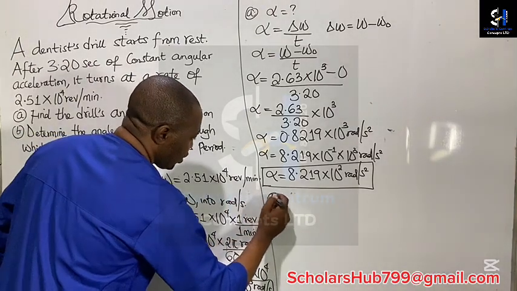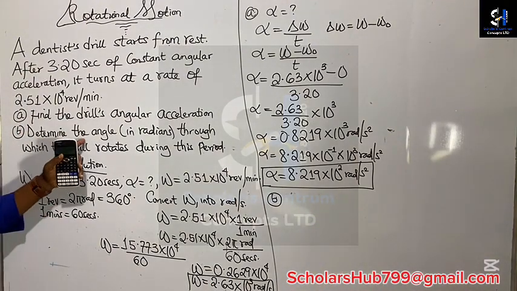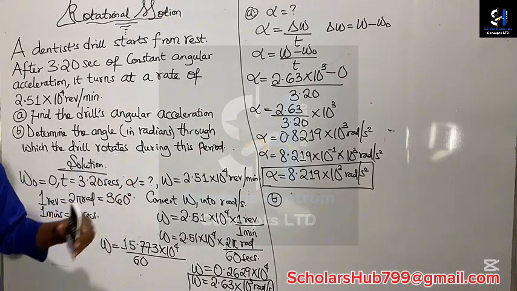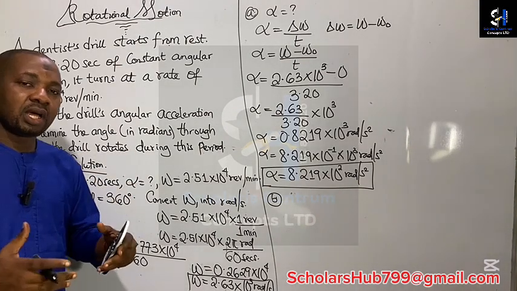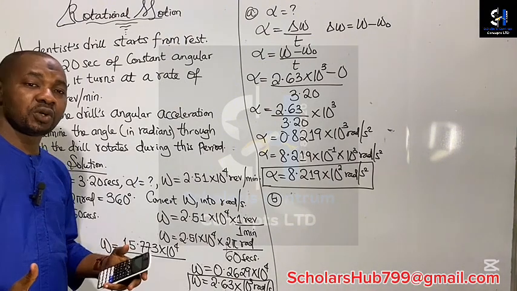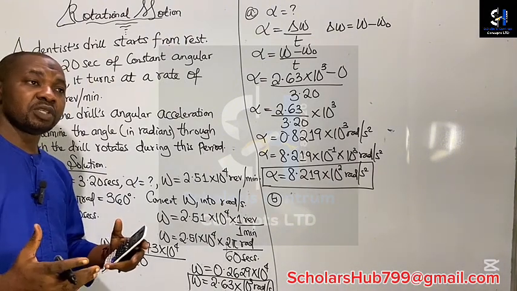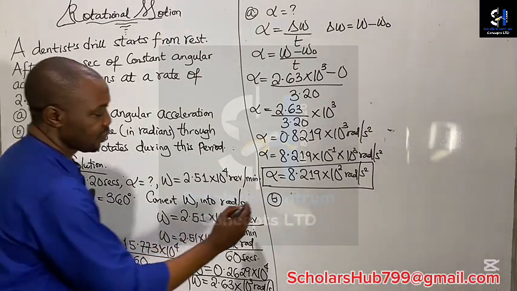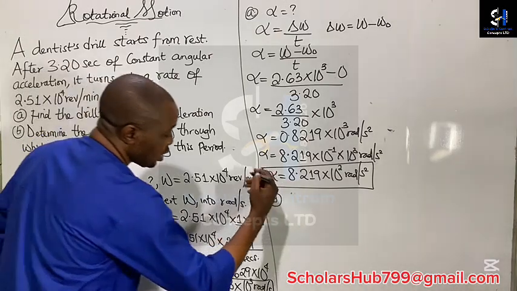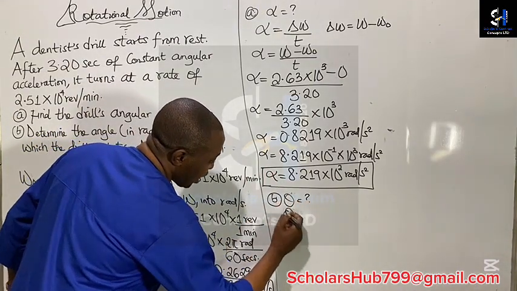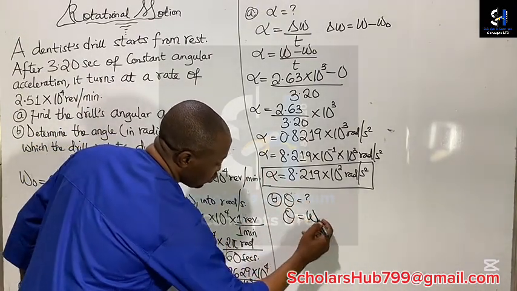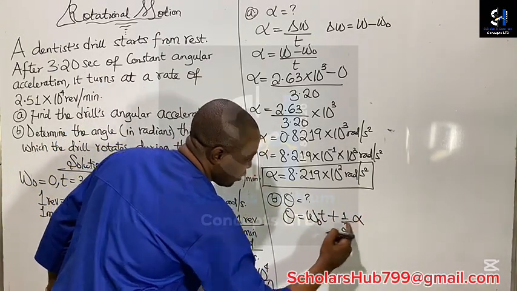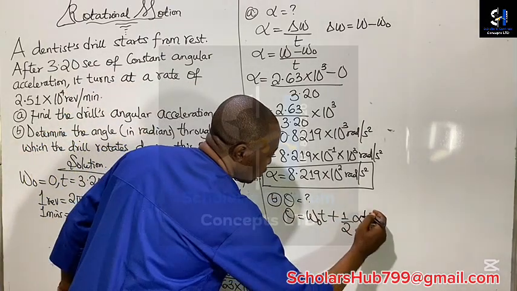All right, so the second question. Now we want to determine the angle in radians through which the drill rotates during this period. Now that is the angular displacement. You know, angular displacement measures the product of angular speed and time. In this case, we can also write another equation for angular displacement. It equals the initial angular velocity multiplied by time plus 1/2 of angular acceleration multiplied by